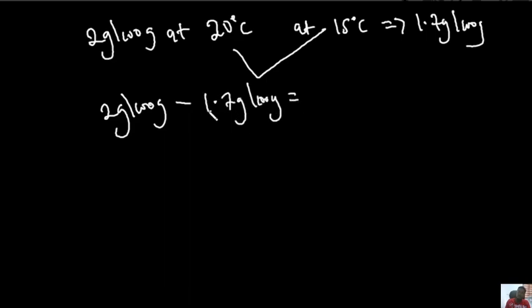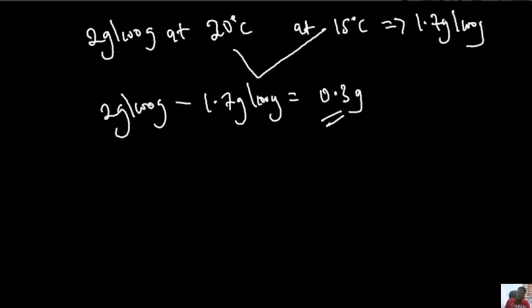Remember that what you are subtracting is not the whole solution. It's simply the solutes that are inside. So you will simply say 2 grams minus 1.7 gram. And once you do that, your answer is going to be 0.3 gram. Remember, the unit of the crystal should coincide with the units of the solute, and the solute is what is on top. So that's that basically. Once you're asked to find the amount of crystal, simply do this and you have your